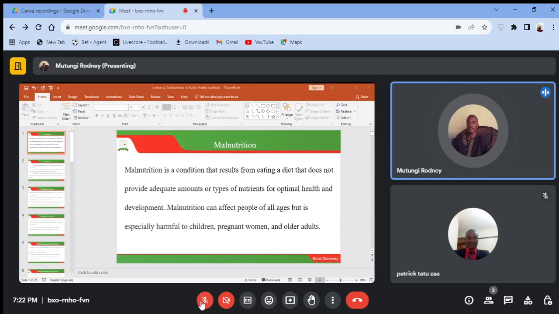So the socioeconomic causes, or the factors that influence malnutrition: poverty, like we had said. If you do not have money, sometimes you might not access the right food that you might need, okay? Because you're not going to say that you're going to grow all the food that you need. Remember, even growing requires you to purchase some inputs, but you do not have money. It requires you to have some land. So poverty is a very, very strong factor when we talk about malnutrition.